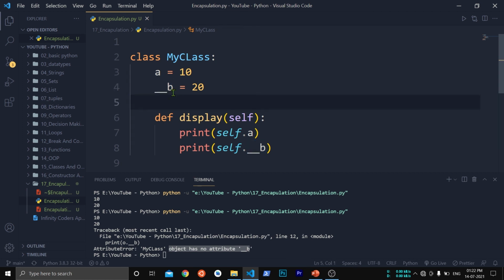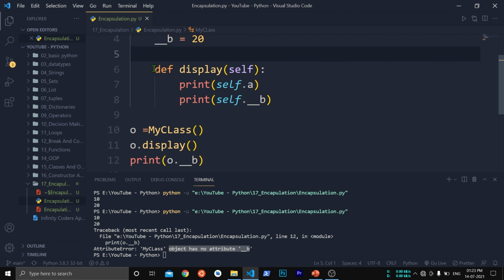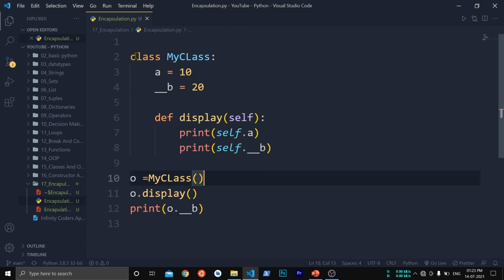And if we want to access the variables which are private inside the class, we need to access them through the member functions. And you can see that in this class we are wrapping up the member variables and member function in a single unit, that is the class. So hence encapsulation can be achieved with the help of a class. This was some basic concepts of encapsulation in Python.